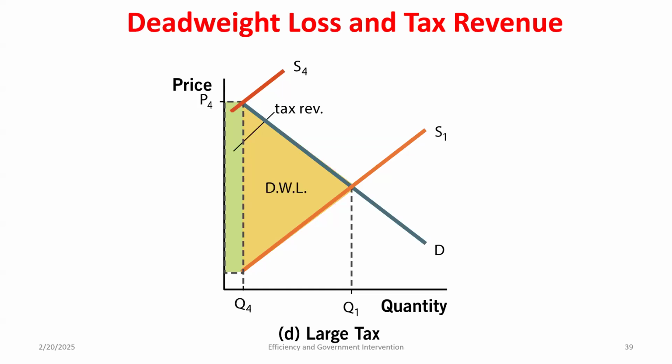So as I increase the size of the tax, it's going to cause deadweight loss to get higher and higher, and eventually my tax revenue is going to become lower and lower. Now, there is something related to tax revenues and elasticities we won't dive into in this class, so there is an optimal point to set it. But in general, all I want you to know is this principle: as I impose a larger and larger tax, what's eventually going to happen? That deadweight loss is going to grow, and that tax revenue is going to get closer and closer to zero.